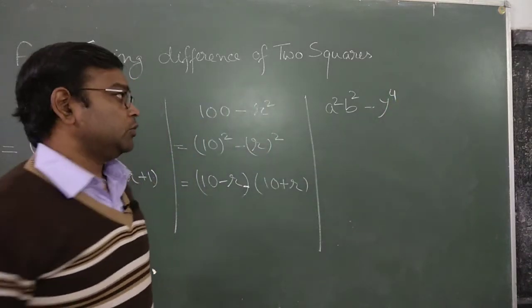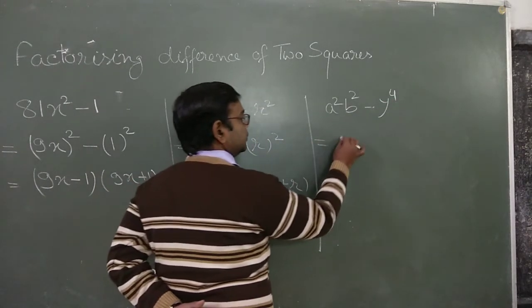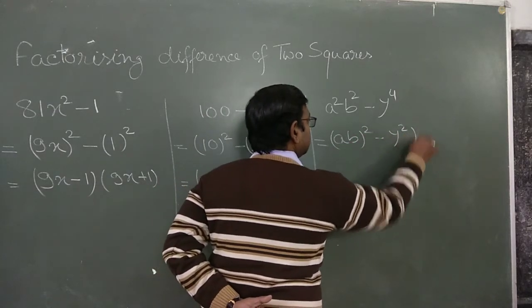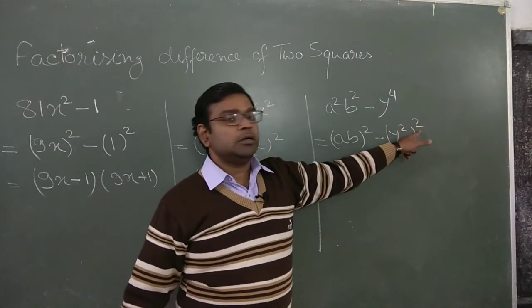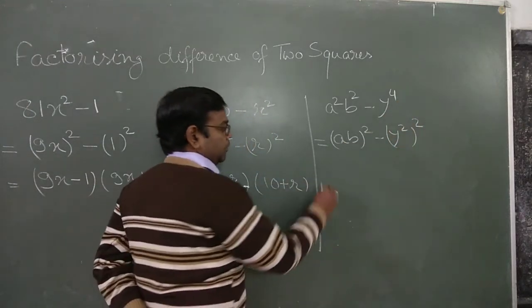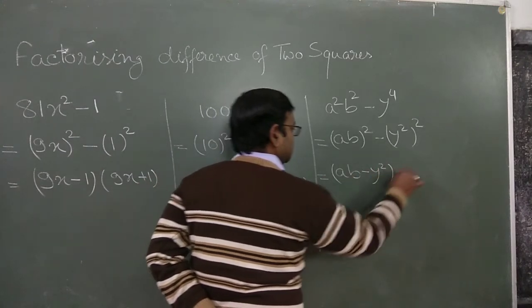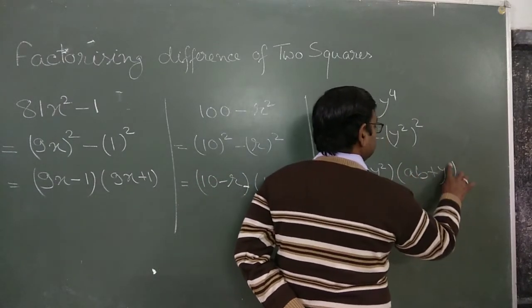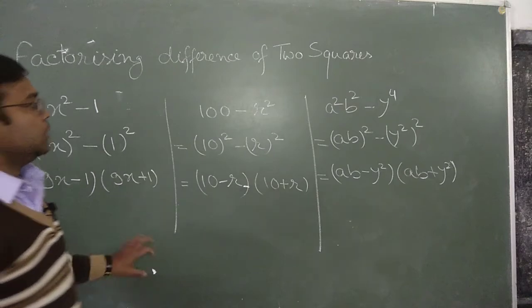y to the power 4. No need to be confused, it's y to the power 4. So again, we can easily write it down as a bracket with a square, minus y square to the power 2, because we know from the laws of exponents, power to the power must be multiplied to give the result. So it's y square. Now by using the same formula, we can easily write it down as (y square minus y square)(y square plus y square). Clear? So likewise it is solved.